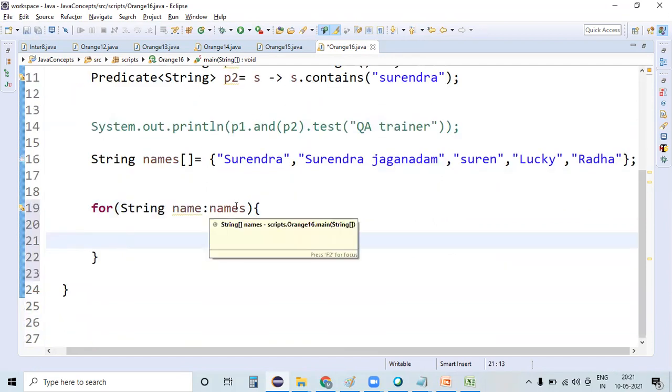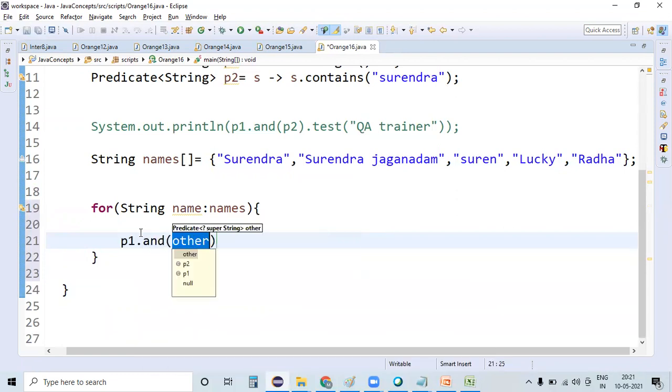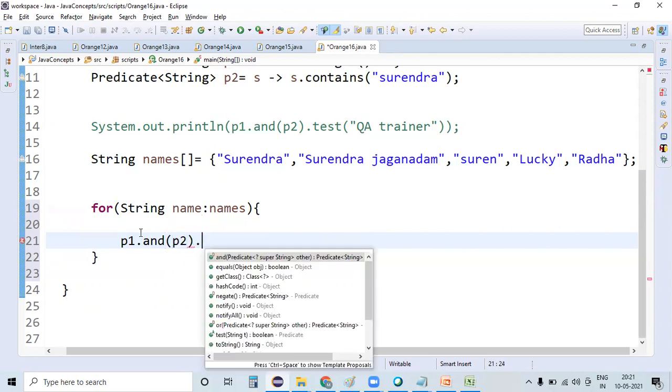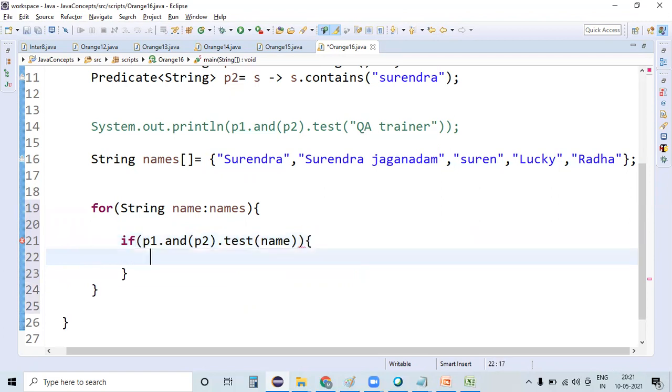Individual values from names will be captured and stored here, right? So p1.test and p2.test, and this time I'm checking on name. Whenever the loop rotates, the value from the array will be populated and stored here, and now if this outcome is true,